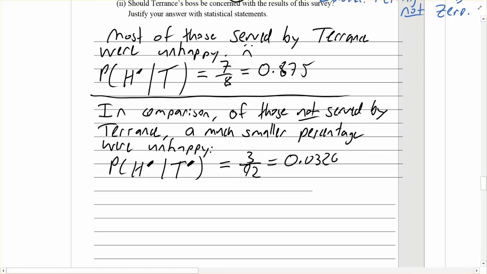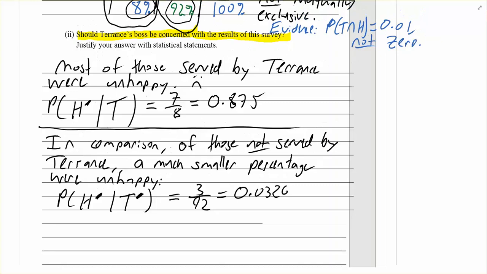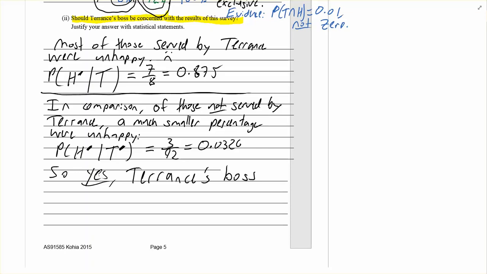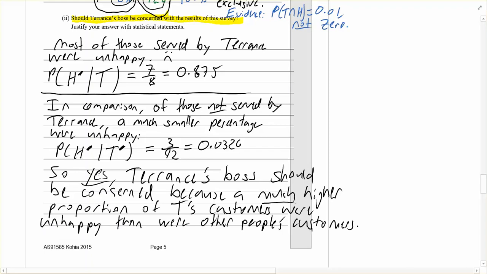So taking a step back, what's the goal of the problem again? Should Terence's boss be concerned? Yep, certainly should be. So the answer to the question is yes, Terence's boss should be concerned because a much higher proportion of Terence's customers were unhappy than other people's customers. And if we wanted to get a bit of a number on that, the relative risk of being unhappy if you were served by Terence